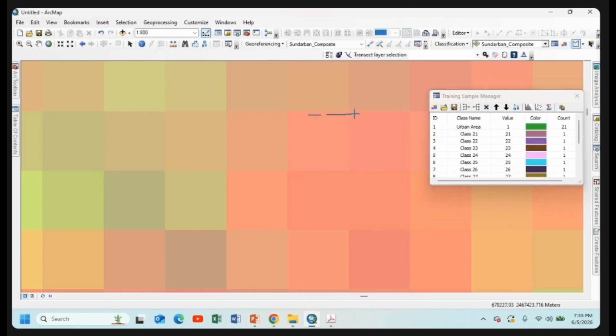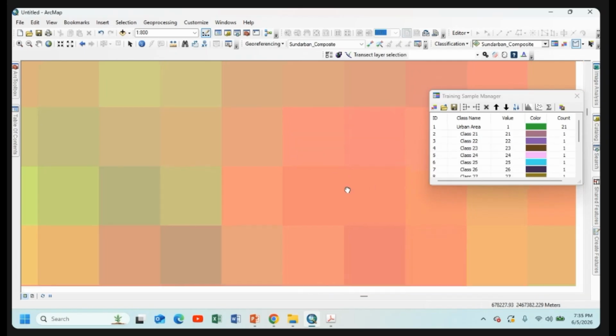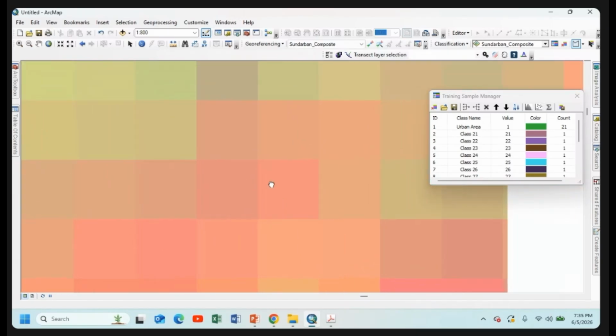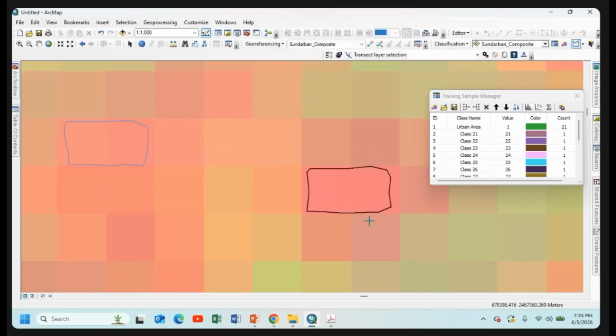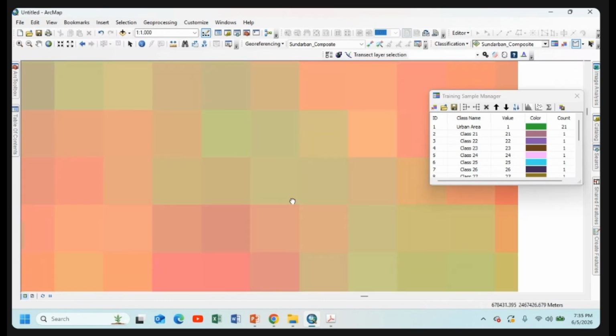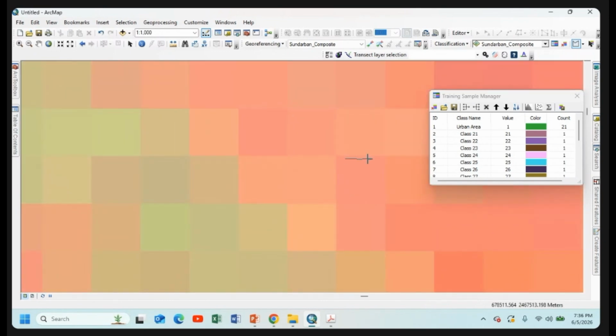Again, select the training sample properly. Don't spread the polygon while collecting the training samples, otherwise another resolution is also collected in other pixels. Okay, 18 done.